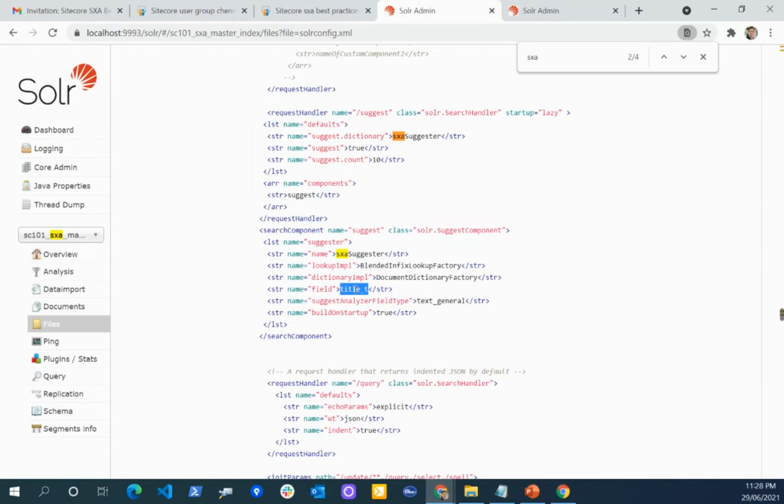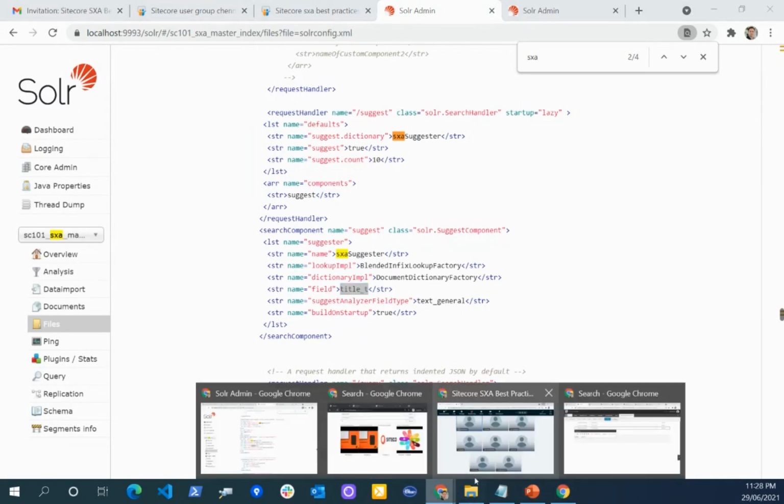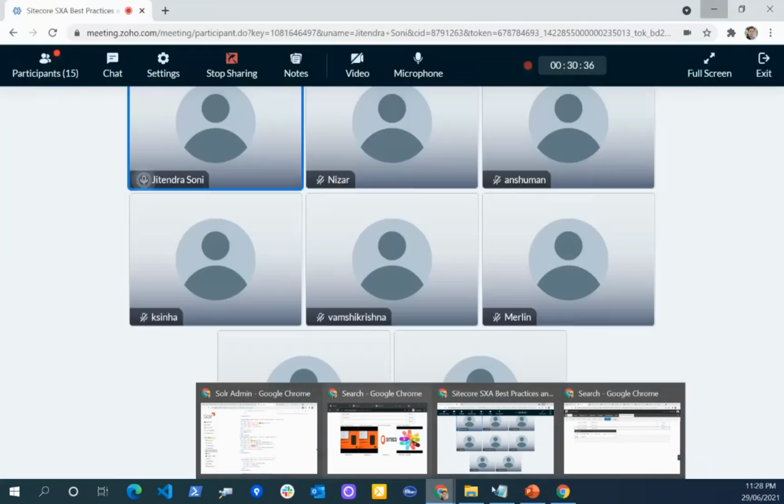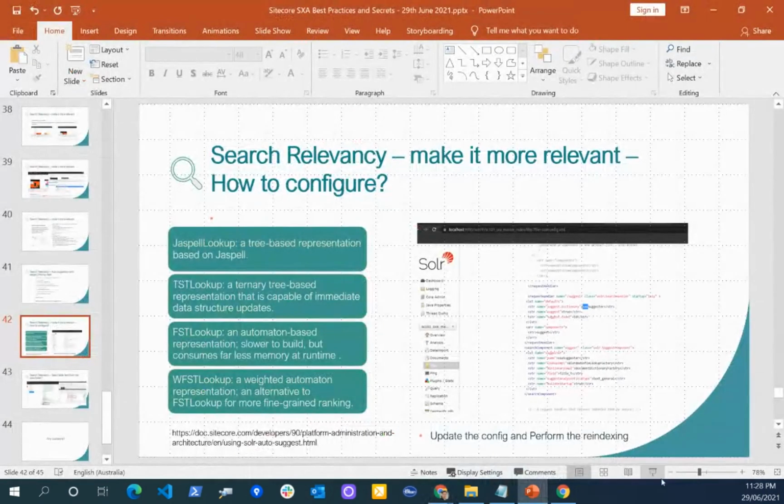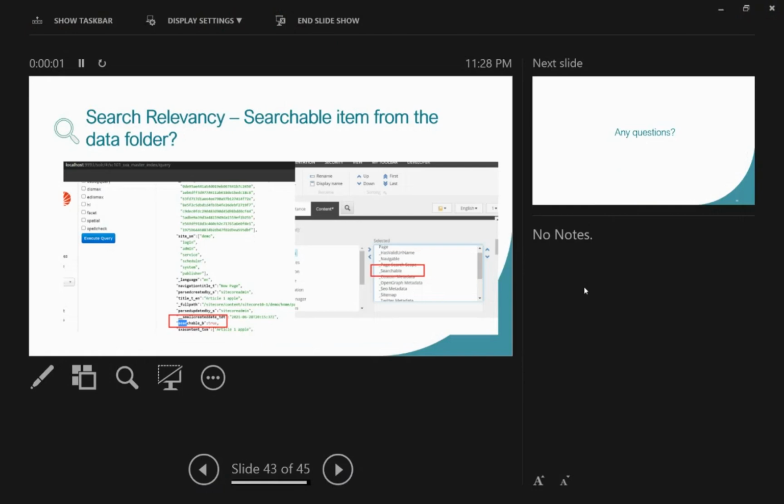Now here we'll get more options. If you want to do the search in multiple fields, you can define your own computed field. You can define the field definition here. And once you do the computed field, then you can change the field here, and then you will get more accurate results. So that's again a good option. Now let me show you what I covered. Okay, so this is what now.